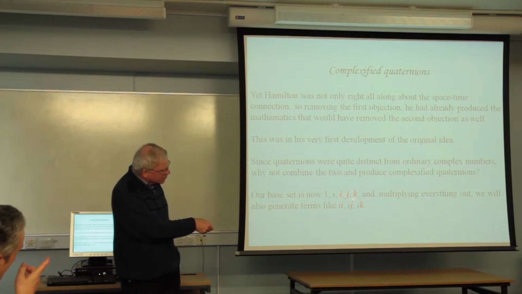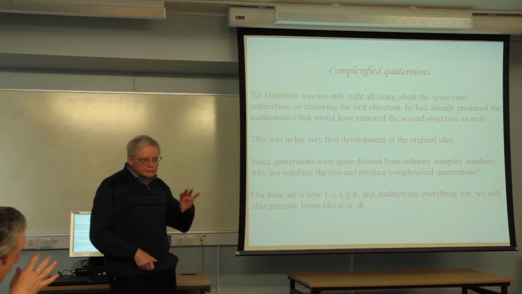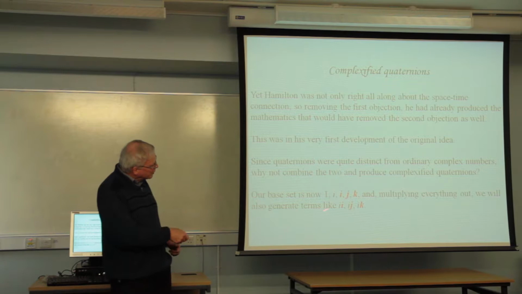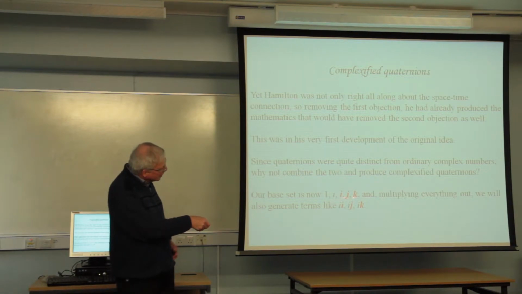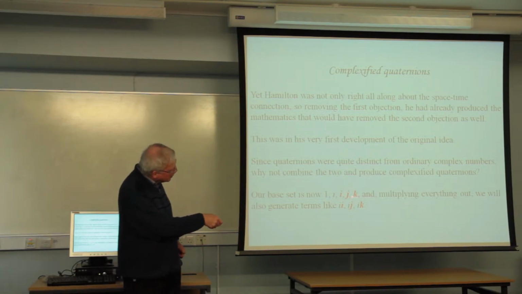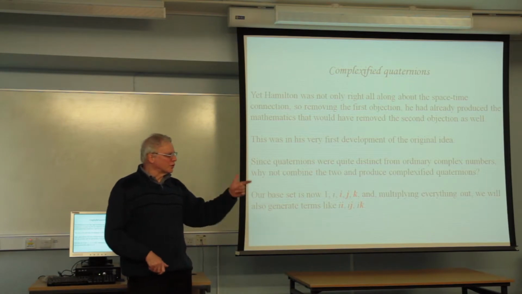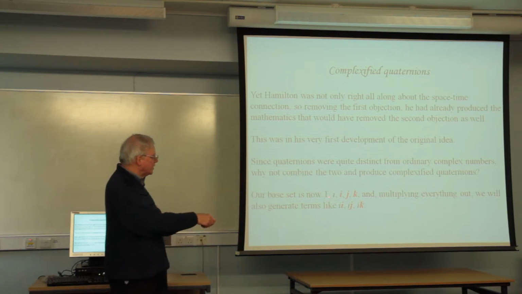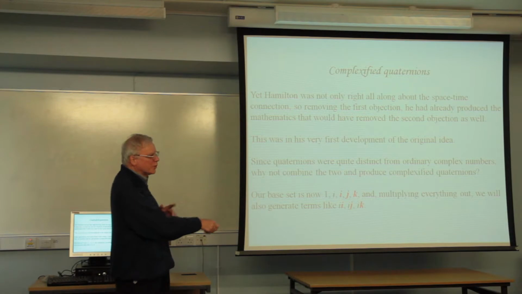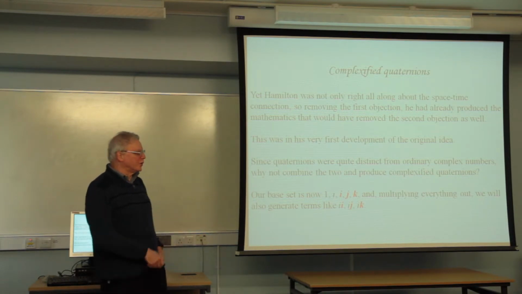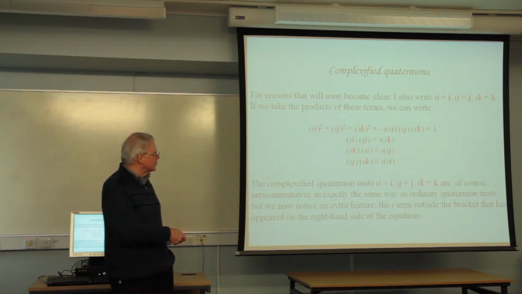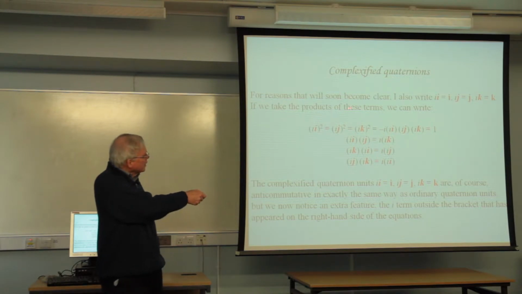The bold italics are quaternions. In this notation, you will see that anything that's bold has got this three-dimensional quality about it. Anything slanting is the square root of minus 1. Anything upright is the square root of 1. So you'll get used to it very shortly. I'll show you this. Now, let's look at these complexified quaternions.